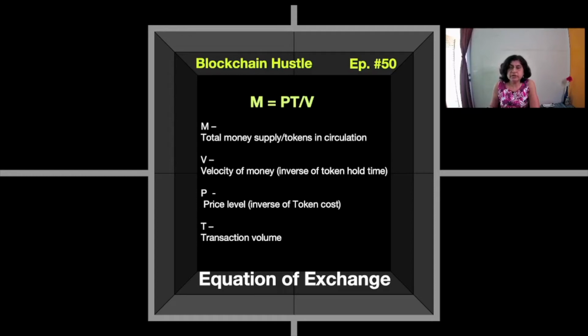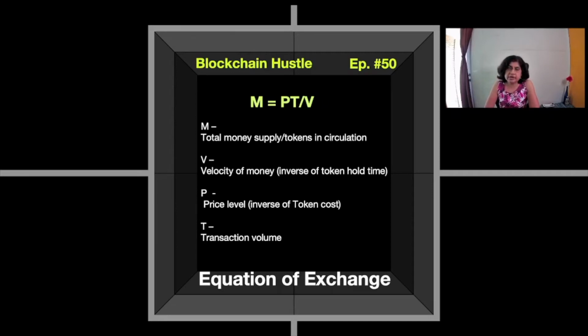Now, assuming that the token does change hands, which means that V in this equation is greater than 1, then the token value will be a fraction of PT, which is nothing but the transaction purchases. So in other words, as a payment currency, the token's